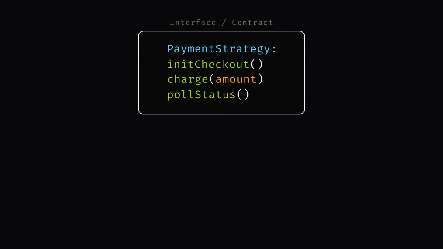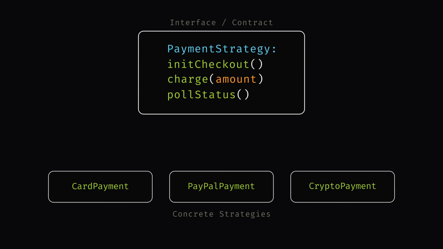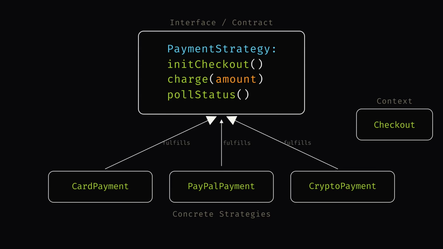Interface defining the lifecycle, concrete classes implementing that lifecycle in their own way, context driving the lifecycle without caring who's underneath. That's the whole pattern. And the next time you see a growing chain of if-else statements where every branch is doing the same job differently, you know what's missing. The next time you have to implement something like this, remember,